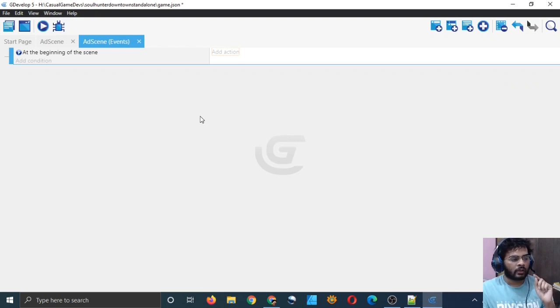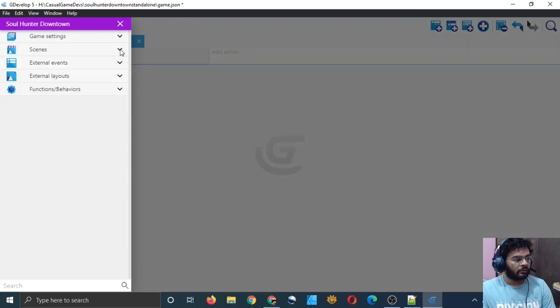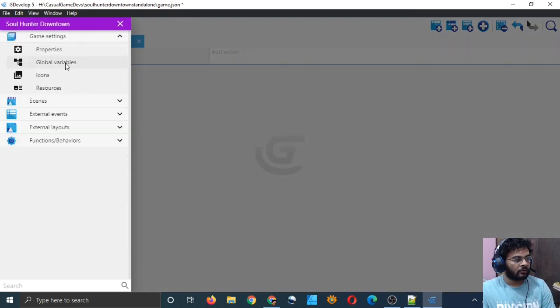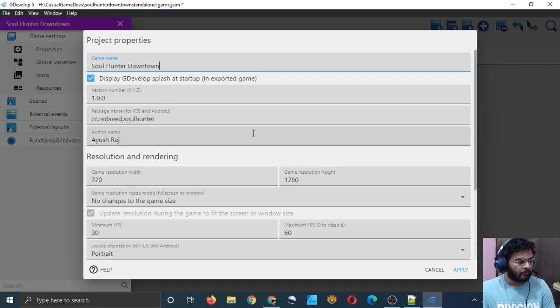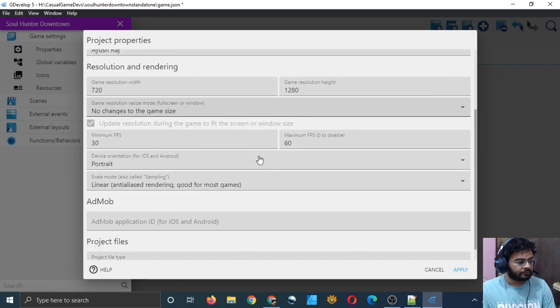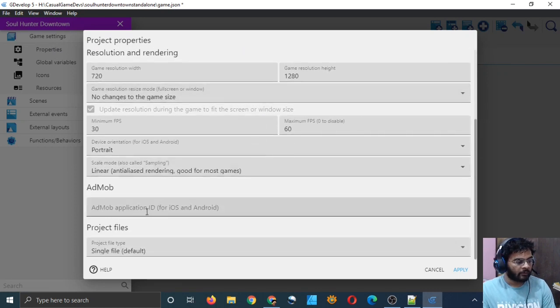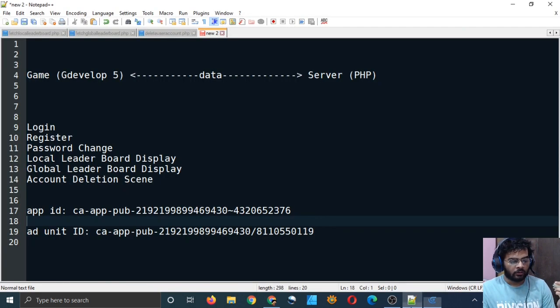You have to put your app ID in the global settings. So just go to this button, project manager, and in the game settings you can go to properties, and yeah, AdMob application ID for iOS and Android. So let me now go to my ad app ID, which is application ID.